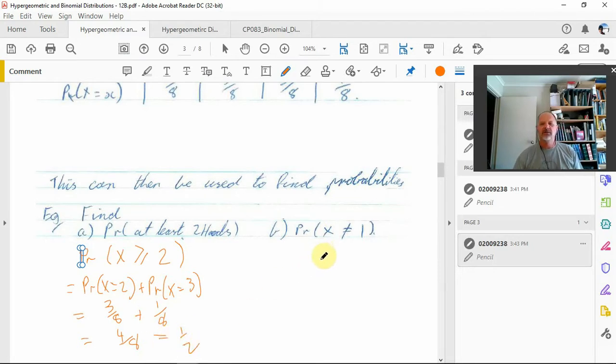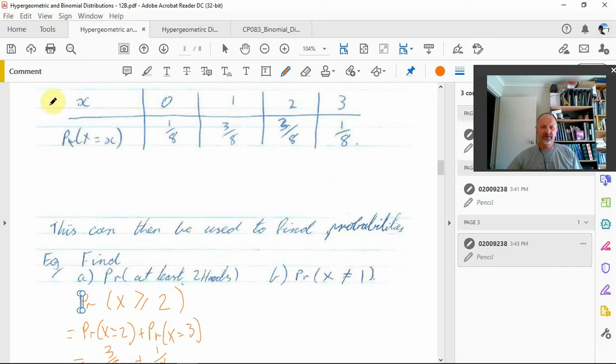All right, so now this one here, the probability that x is not equal to 1. So when I mentioned up here earlier, I mentioned that we can use the fact that all the probabilities add up to 1 to our advantage sometimes. So the probability not equal to 1 is the probability of 0 plus the probability of 2 plus the probability of 3. So in this case, it's not too hard to just add those up,